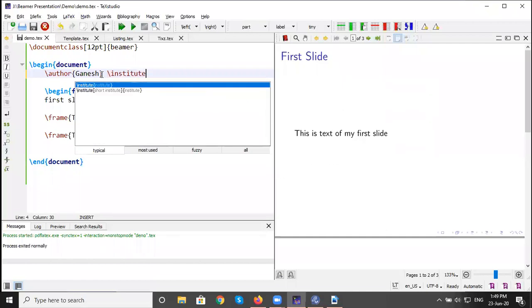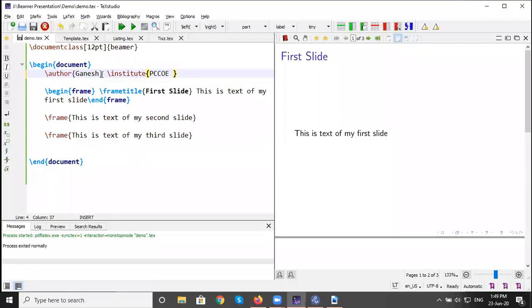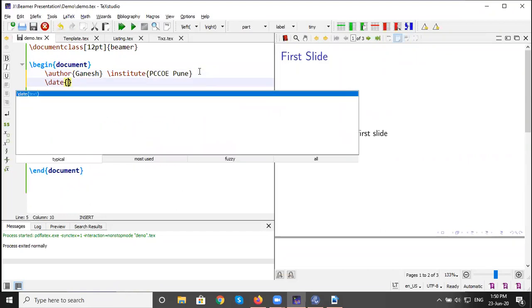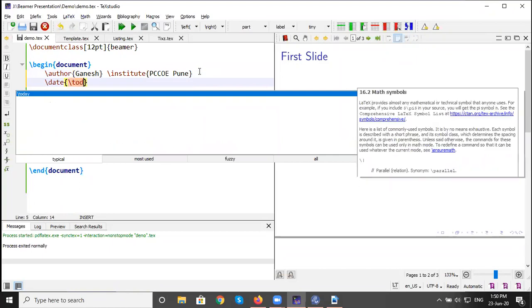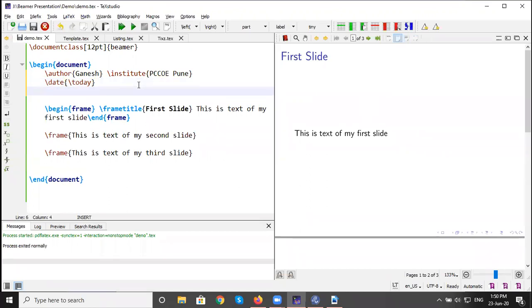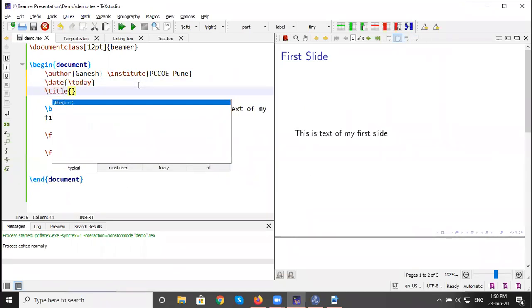In short we write PCCOE Pune, and then we can include so many things in this. So we add date, in short we write \today, so it takes today's date automatically. Then we can add logo, title. So whatever you want on your first title page, we can add it.